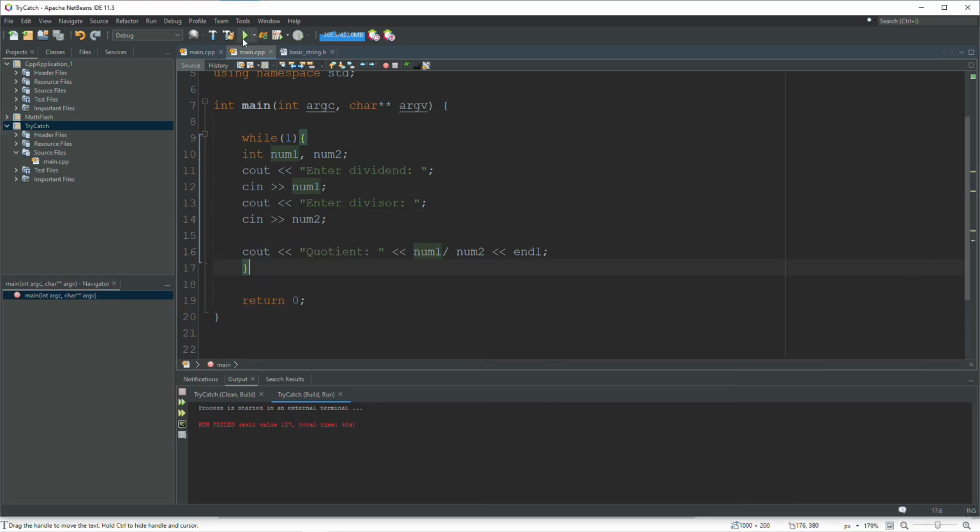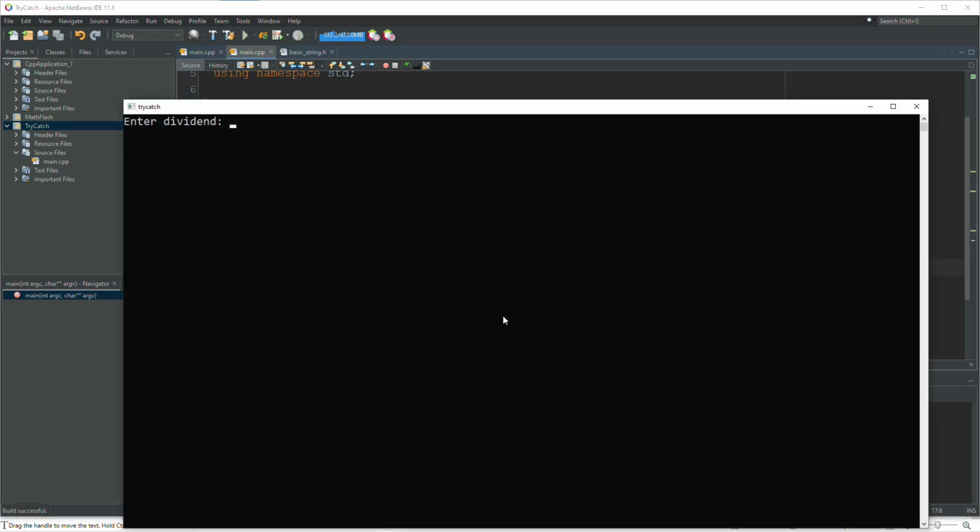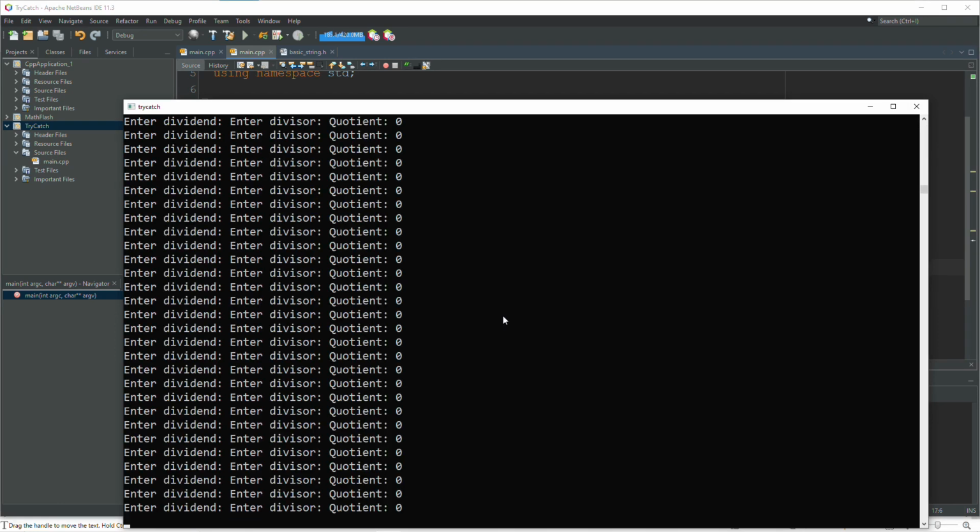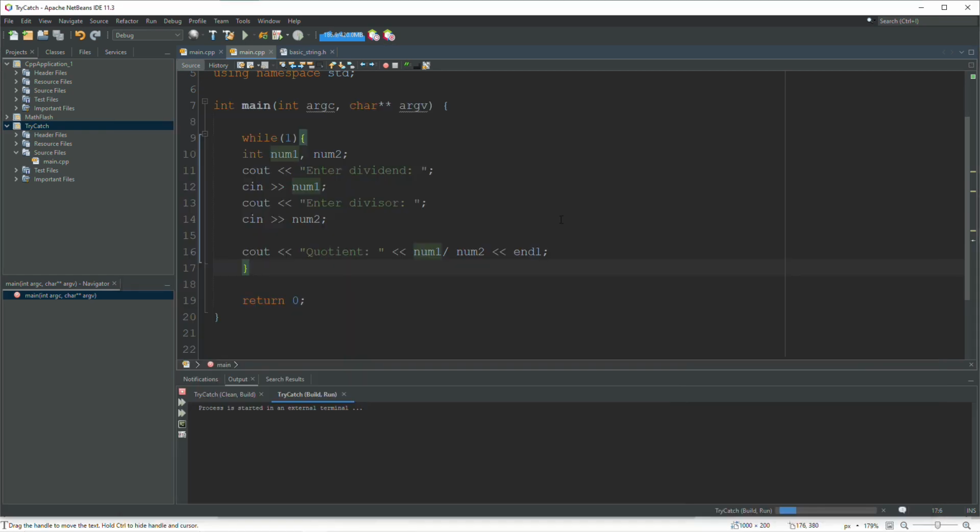Let's look at another case here. What if the user enters something like kj that is not a number? Well, now our program breaks as well. So those are a few ways we can break this, and I'm going to show you how to prevent that